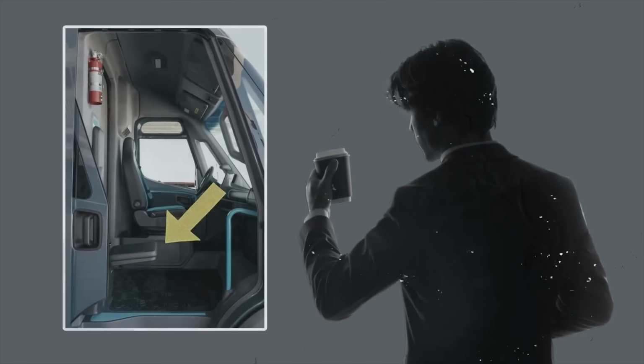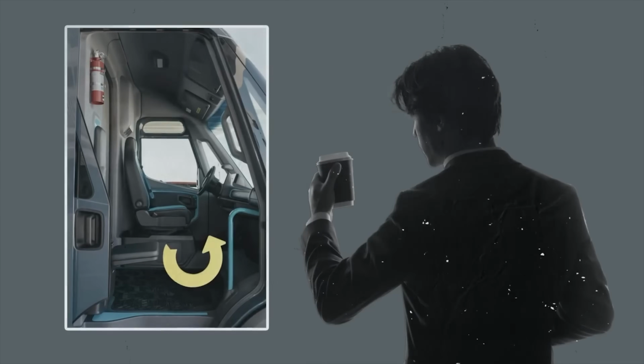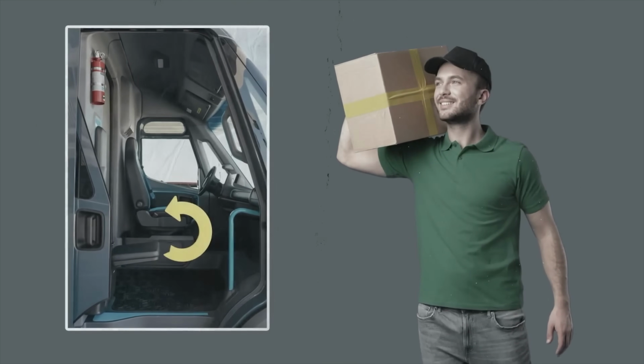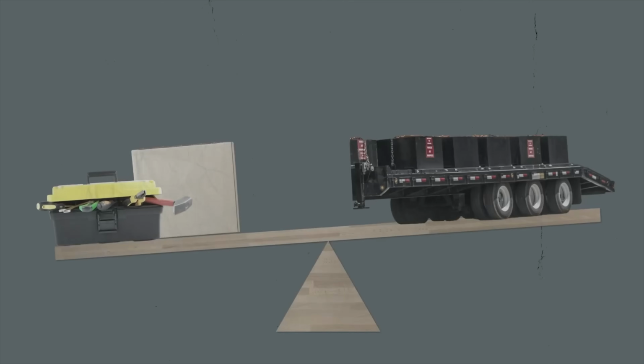On top of that, the passenger has ample leg room and a cup holder that's designed into the molding at the base of the seat. Whenever the seat is not being used, the bottom flips up so the seat can be neatly stowed out of the way. At the end of the day, if you operate a business, you really need to prioritize what vehicle